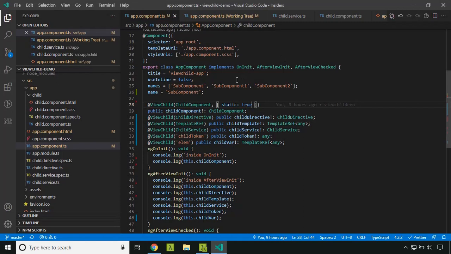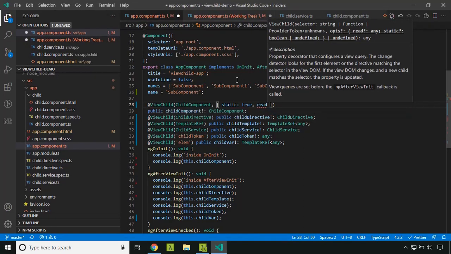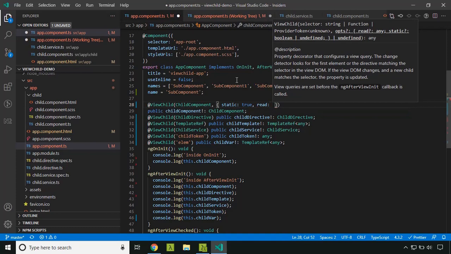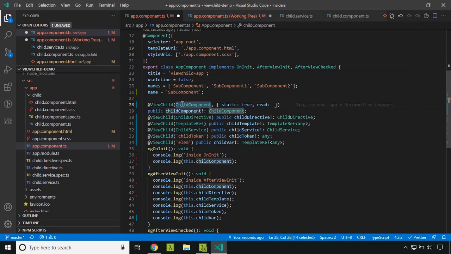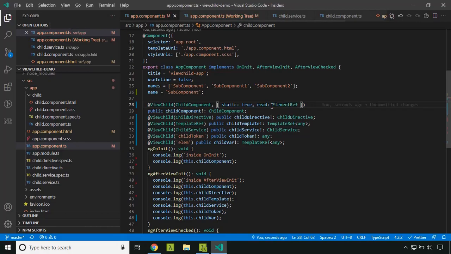Another option that is available is read. Here you can actually provide the type. So here when I try to query, I am getting the component instance. In case I need the ElementRef, here I can provide the option.